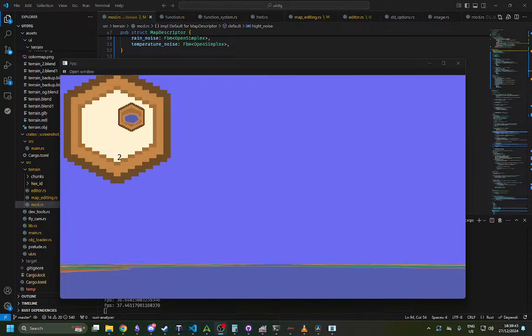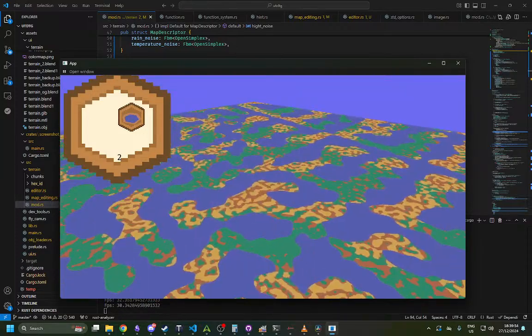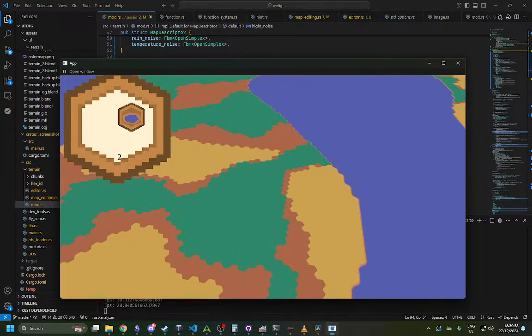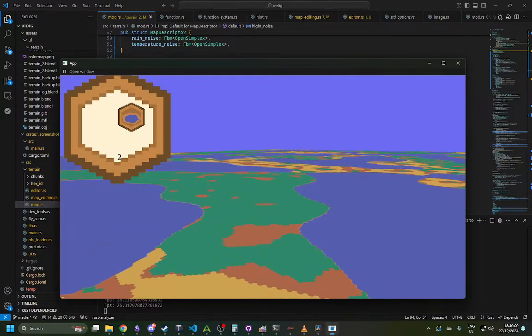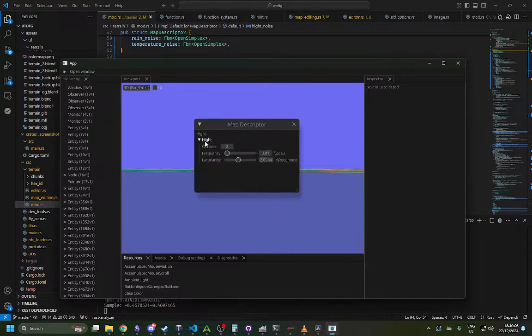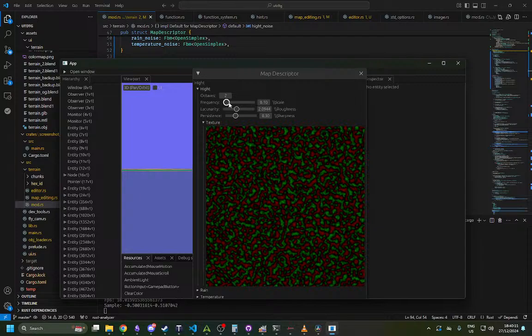Okay, so at the moment I have basic world generation working in that it generates lakes and grass and dirt and sand, and the grass and dirt use the temperature, humidity sort of thing. So we go in here, I've got an editor window. At the moment it doesn't update the map, just the actual textures here. So this is the height map, so I can tweak values like this and make the height map